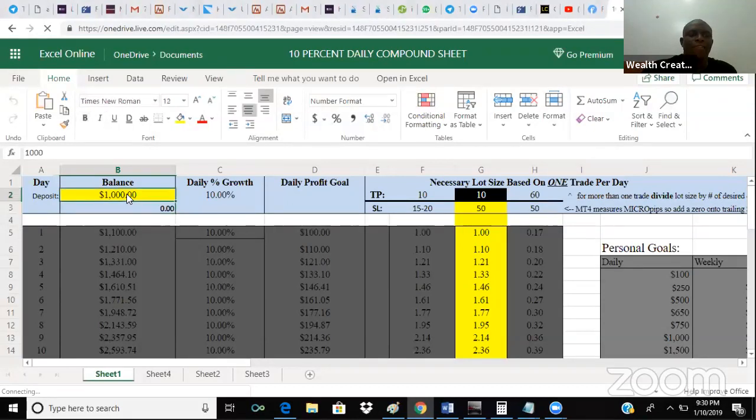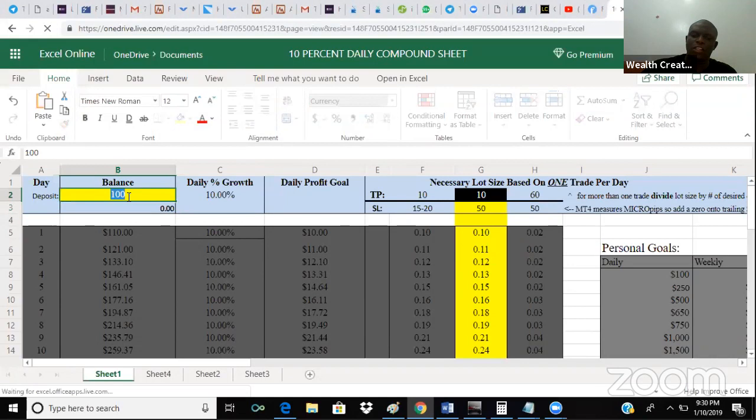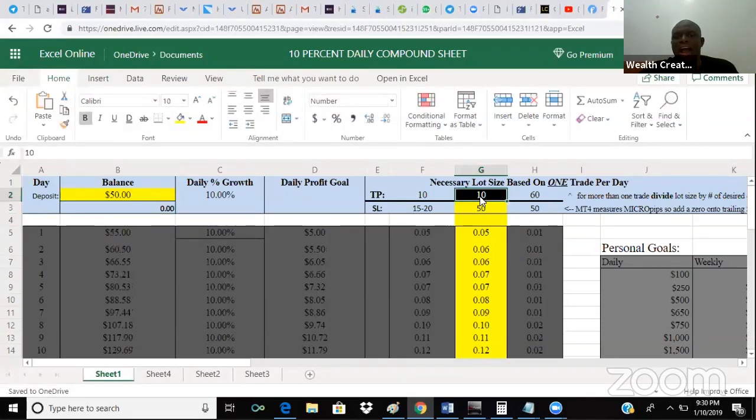So I have a $100 account. If I have a $100 account, I trade it as a $50. Any amount of money you have, divide it by 2. That is what you will be using to trade. You are after 10 pips. So my first trade is 0.05. Now that I know that it is 0.05 that I'm using today, I go to my